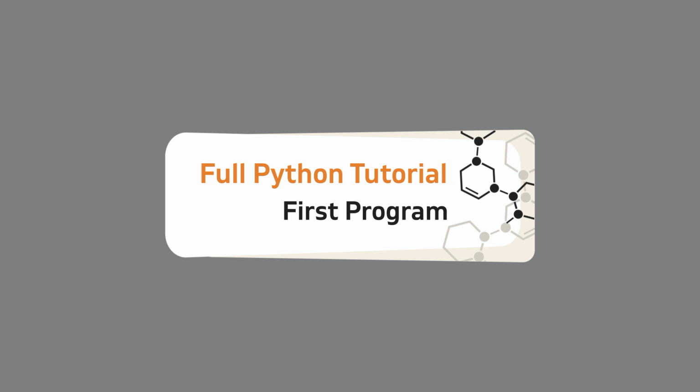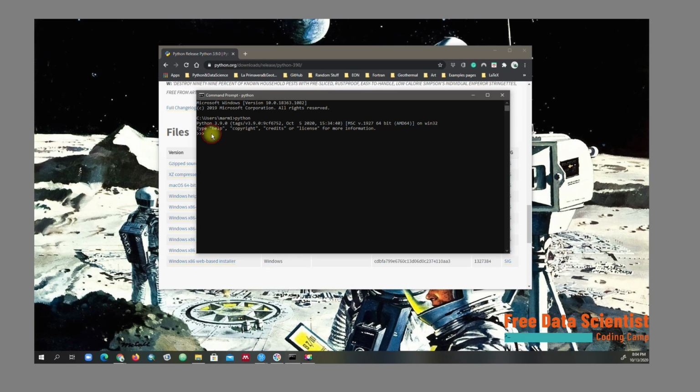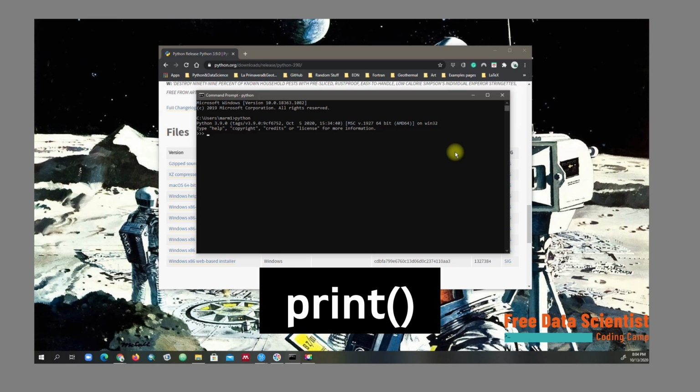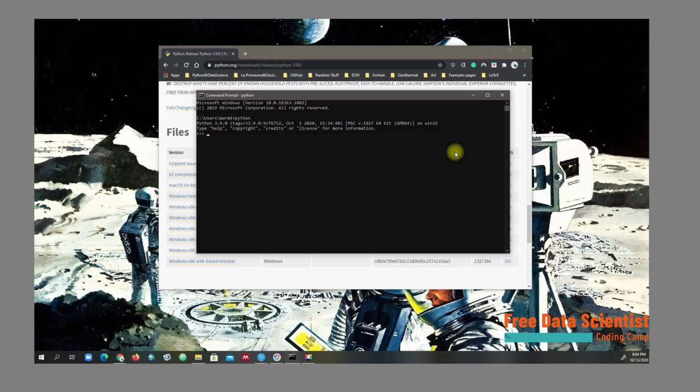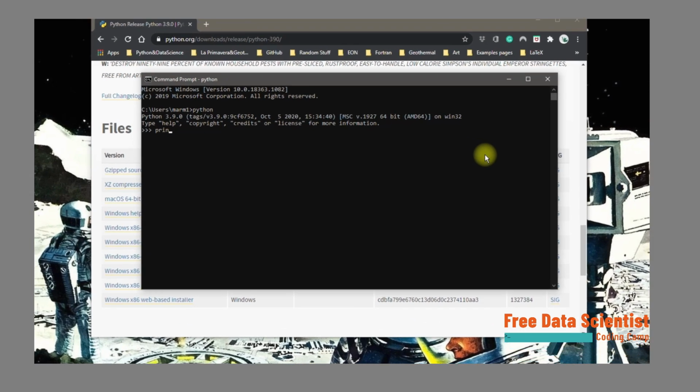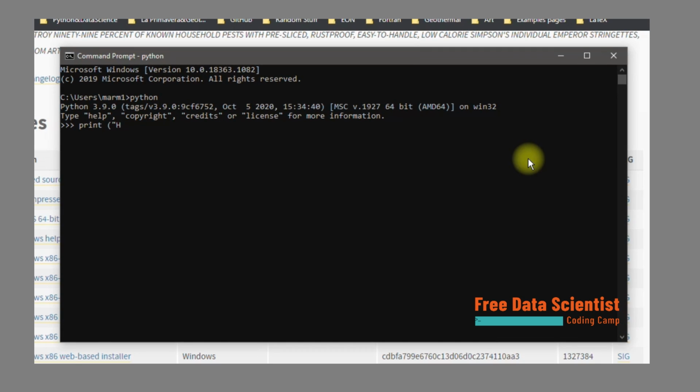After we corroborated that we have installed Python version 3.9, the latest one, we have to create our first program. The way to do this, with the command prompt and Python already running, is calling the function print from Python. This function prints the message that you write inside the parentheses on the screen. You can print anything you want. In this case, we will print the string hello world. This string hello world is the classic first print instruction for any programmer. Print hello world. And press enter. And there you go. You have printed your first ever Python program.